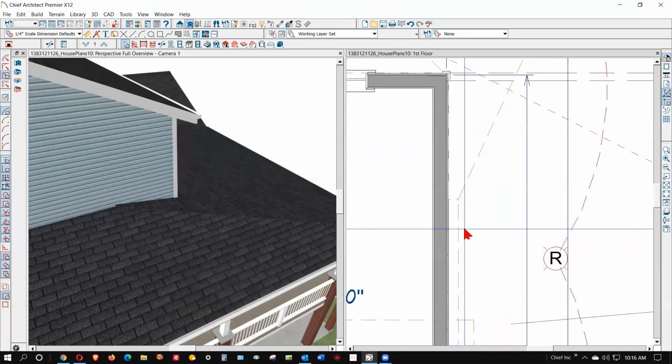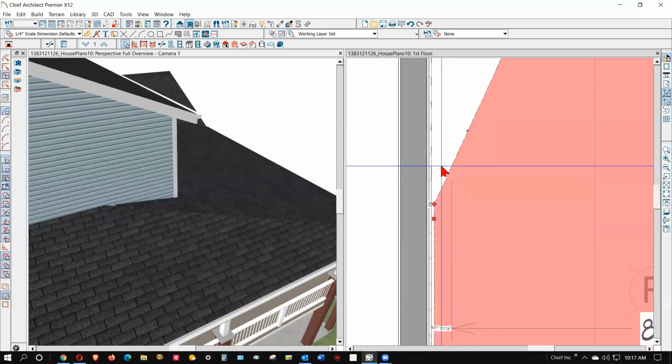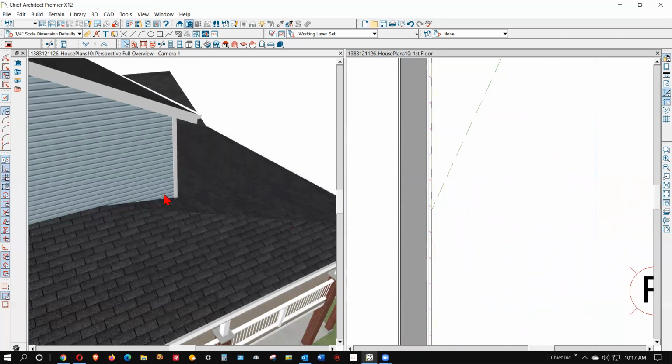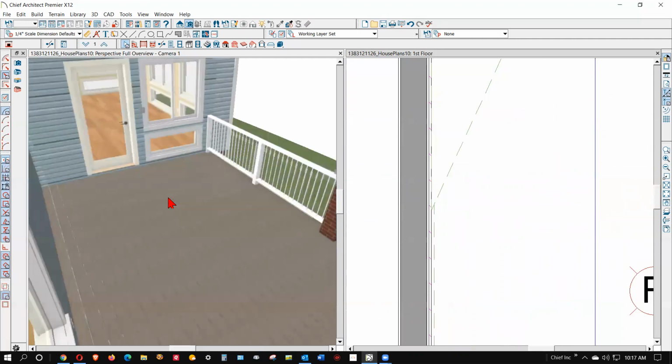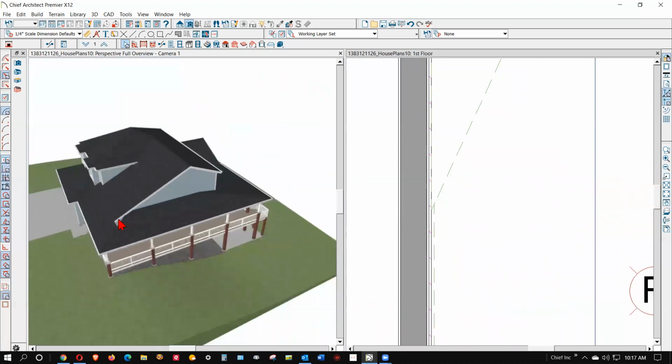And I'm going to zoom in here and make this a little tighter. You want to be outside the siding, but not inside of it. I'm going to get rid of that break. And that's pretty much done. That's good enough. Now this end,